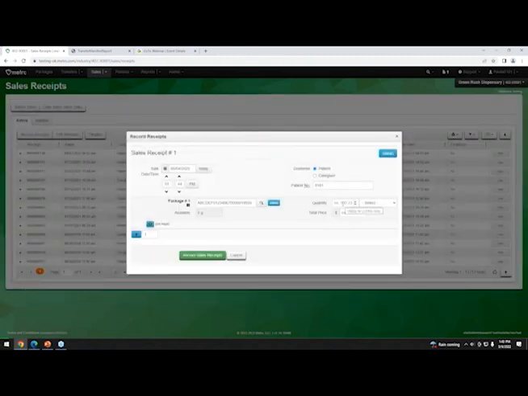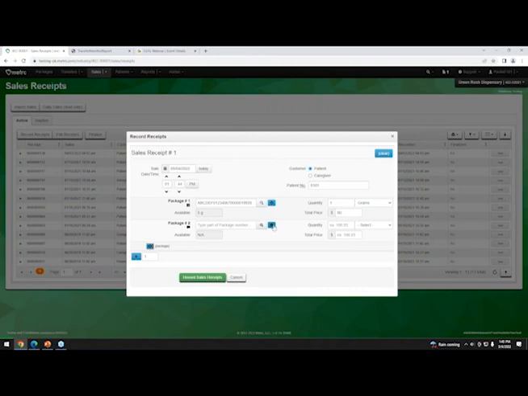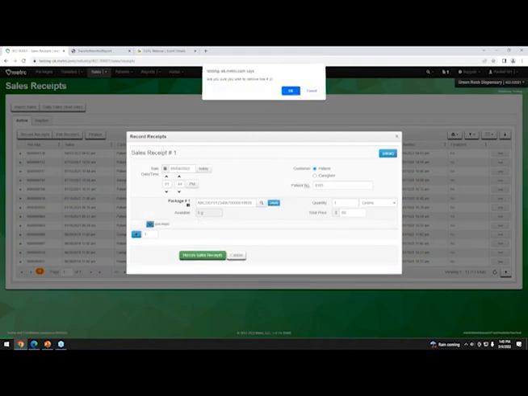Say we'll sell 1 gram for $80. Alrighty, and then you can also add additional packages to each sale with that little plus package button. But we're going to do that here, and then we're going to complete the sale.